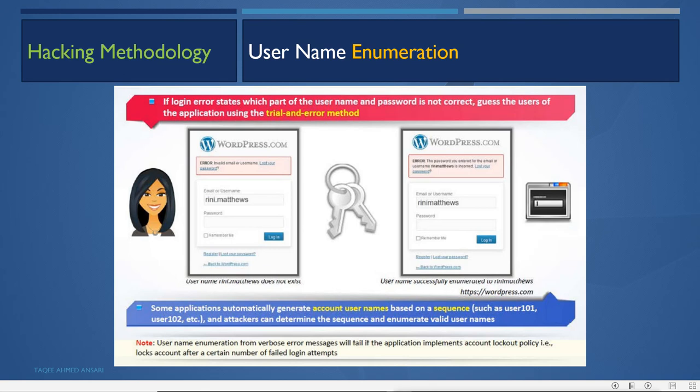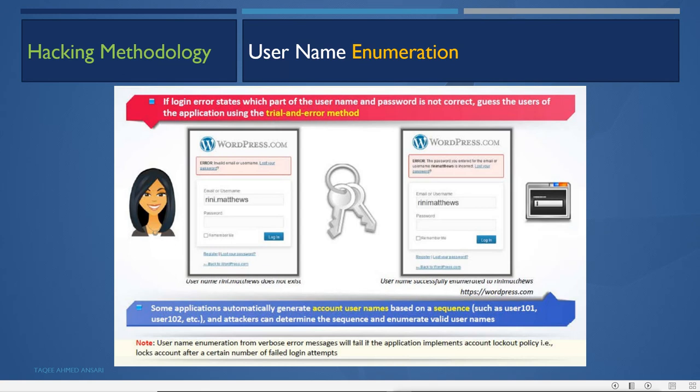Some applications automatically generate account usernames based on a sequence, such as user 101, user 102. Now the attacker can determine the sequence and enumerate valid usernames. So if it has a valid username, the attacker can try different methods here.